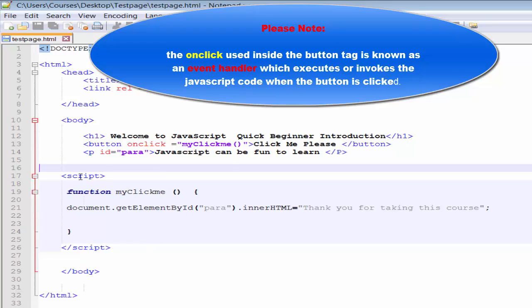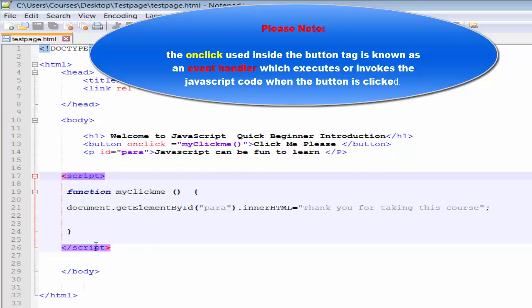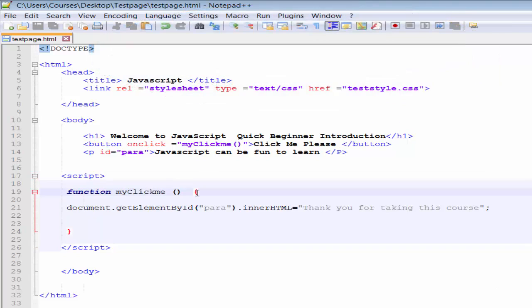This is my script. This is the JavaScript side of the page. So I have written the function and I've given the function a name called myClickMe. So that's why when the button is clicked, it will give you a value of myClickMe. And the myClickMe here, when you click on that, it will execute this piece of code here. And what that does, it will get the